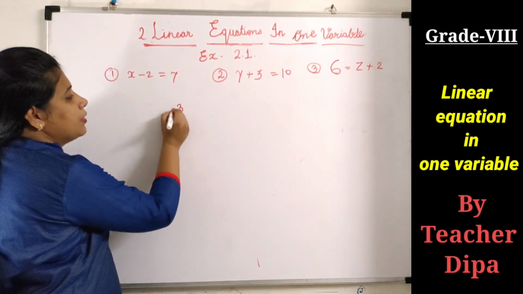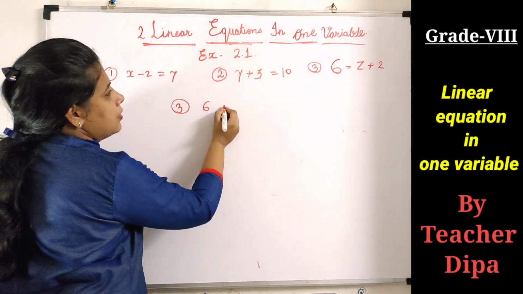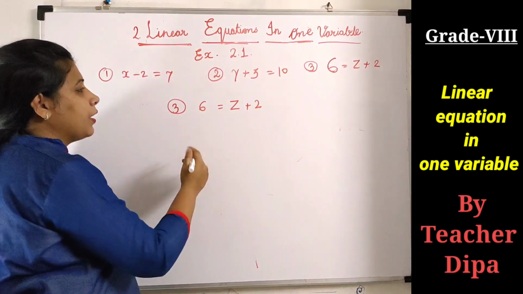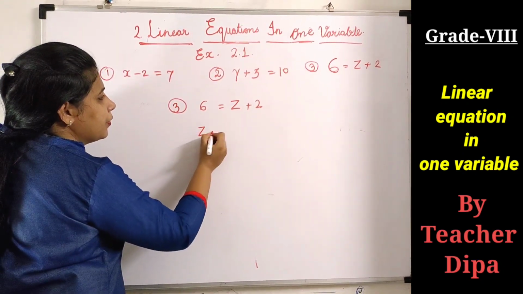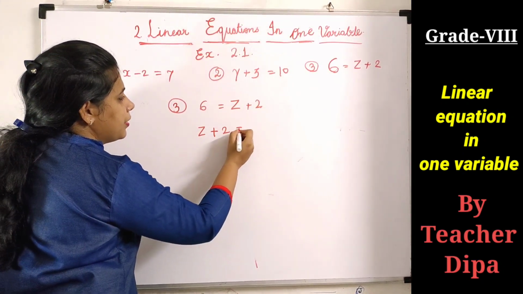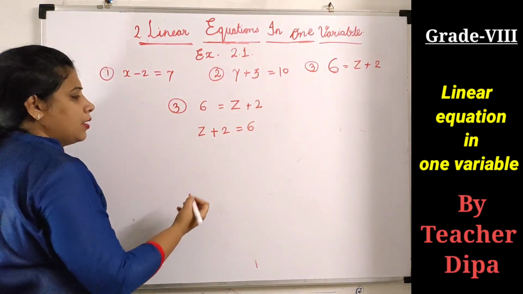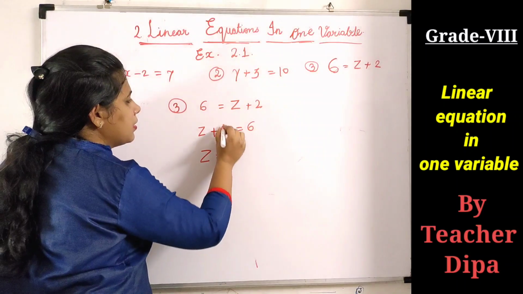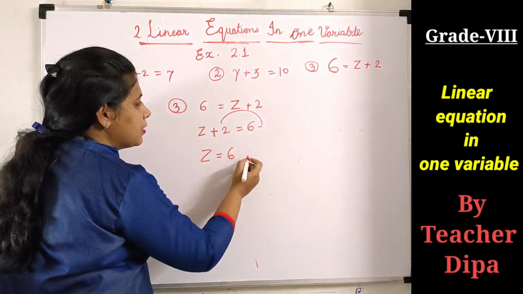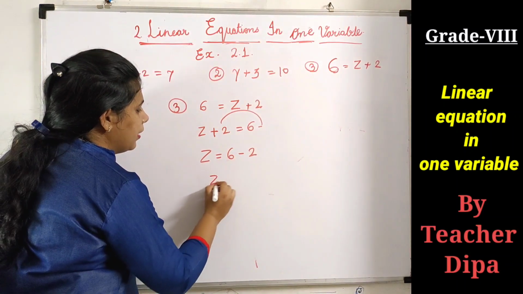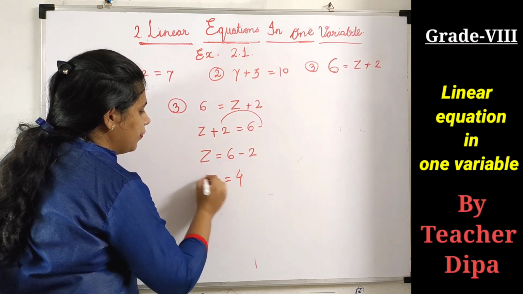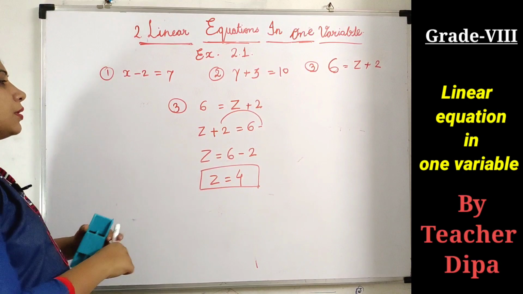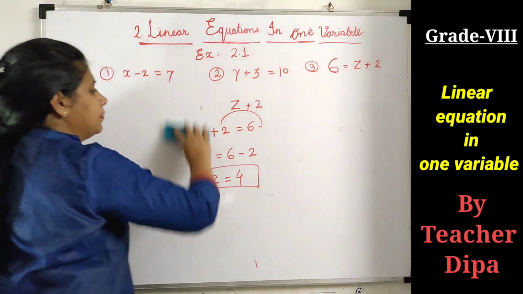The third sum is 6 is equal to z plus 2. We can write the equation in this way also: z plus 2 is equal to 6. Now when z will be as it is and 6, this number will be shifting here, so it will change the sign. It is becoming minus, and then z is equal to 4. The next sums in these lessons are